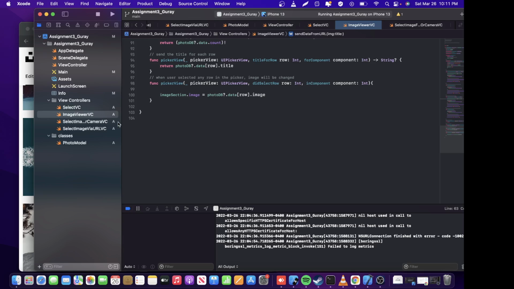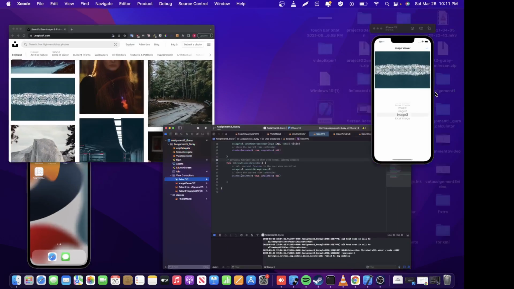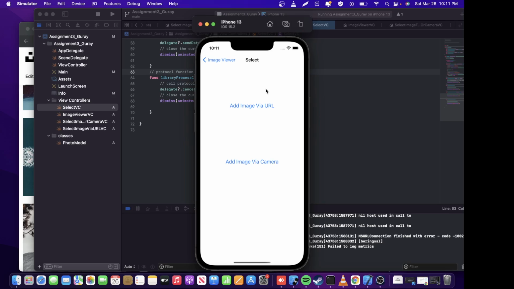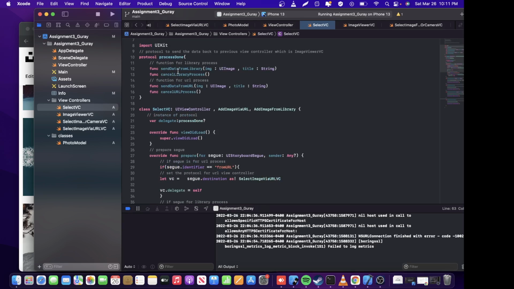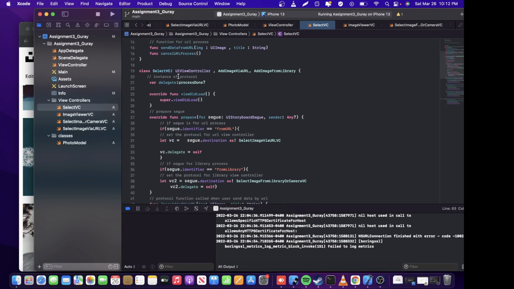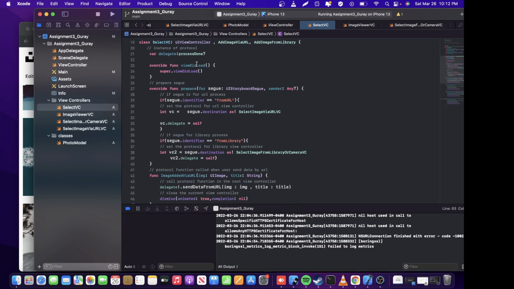So that was all for the main view controller, and we have another view controller, which is SelectVC. This is shown when the user clicks on the plus sign button. So this is our view controller. We have two options: add image via URL and add image via camera. Again, we have a custom protocol that helps us send this data to the previous view controller. And then inside this class, first of all we create our protocol variable, and